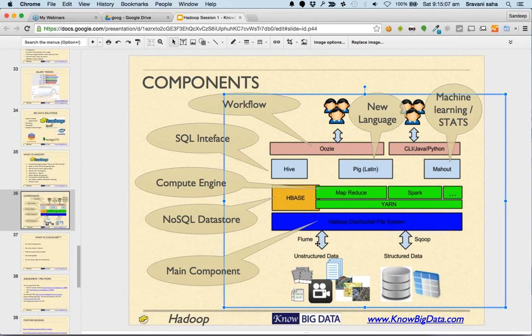Now, at the same time, you have another framework called Spark. Spark is faster than MapReduce, has come recently, and Spark also utilizes YARN to execute the code. Now, a general question here is, then how do you talk to MapReduce? You talk to MapReduce by expressing your logic, your algorithm, your flowchart, in Java,